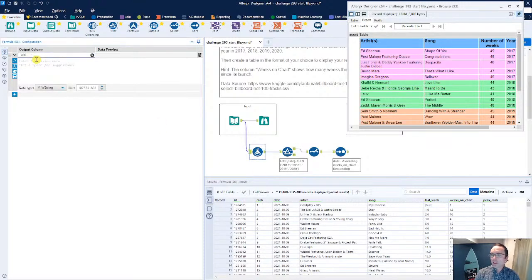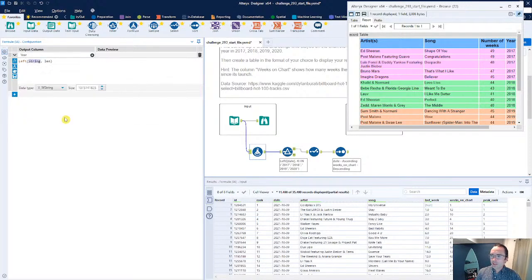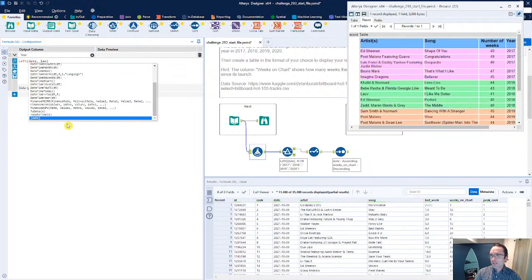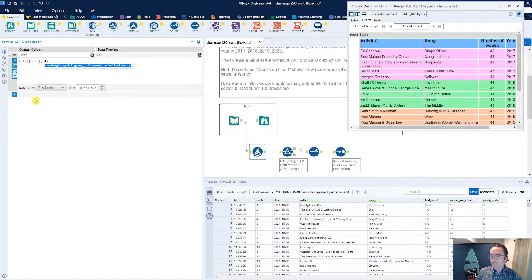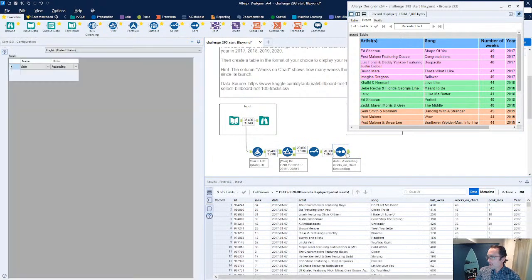I'm going to add a column called year, and this is going to be our left, and then in this case, date, and then 4. And we're actually going to call this, sure, we can do a VW string. I'm just going to do a hard set string, in this case of 4, which honestly, this is still the same here, but we could just say, in this case now, year instead. And we should get the exact same result. So we have the year. I'm doing my little sorts here.